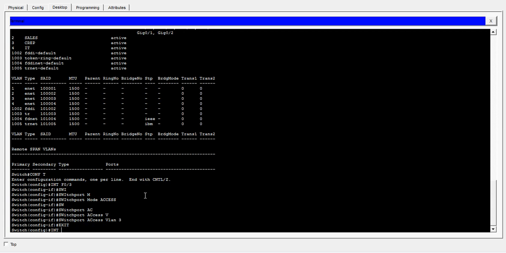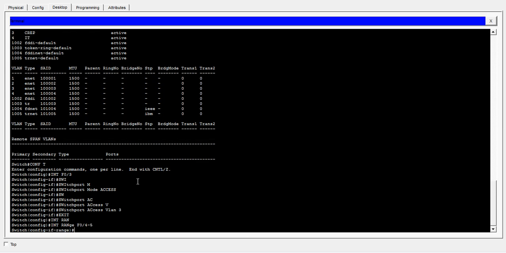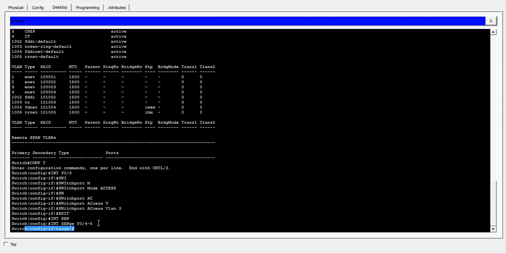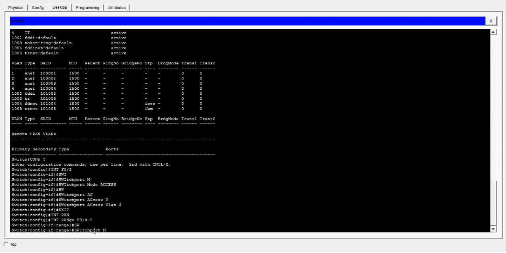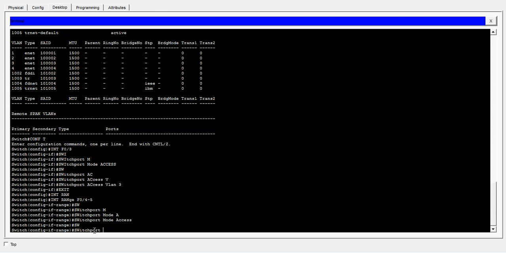to the same VLAN. So in this case, interface range FA0/4 to 5. Okay, you can see it has taken me to the interface range configuration command for both ports. Now, any command I apply here is going to be applicable to port 4 and 5. Okay, so switchport mode access, switchport access